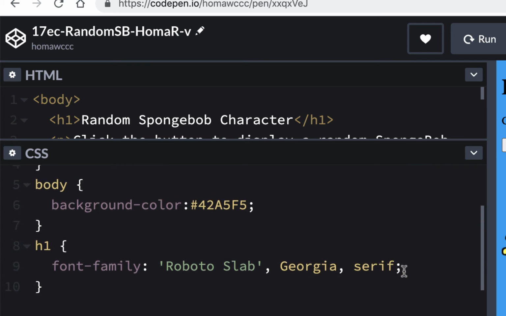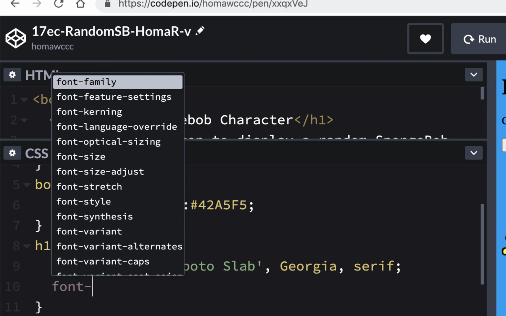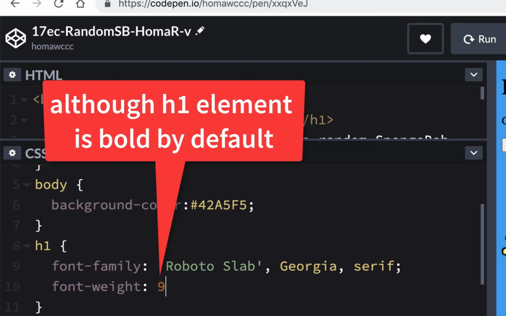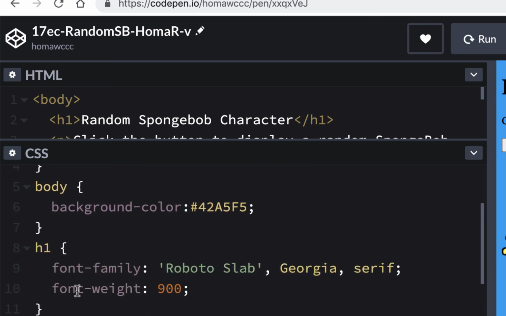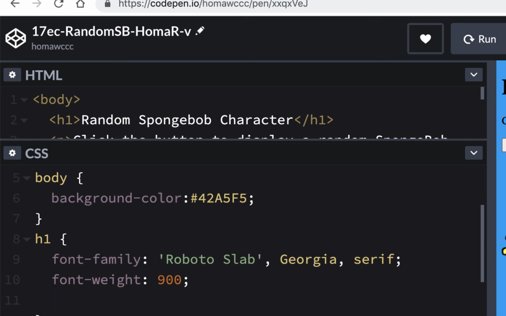You could try it. You could do something here and do font dash weight, and I'm just going to put 900. And sometimes you could just put in bold, but it's using the 900. It has weight here 900. So I think it was going to use that anyway, but I don't think it'll hurt to put font weight 900. And if you want a color, just go here and put color, colon,